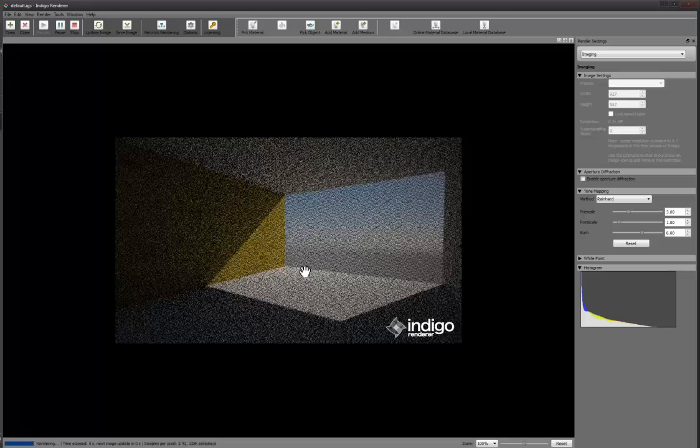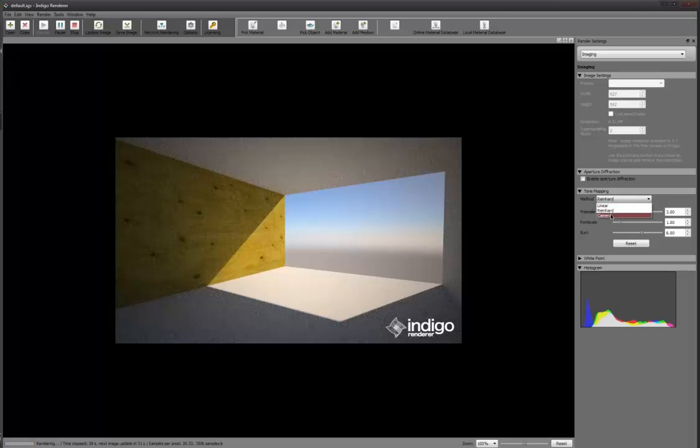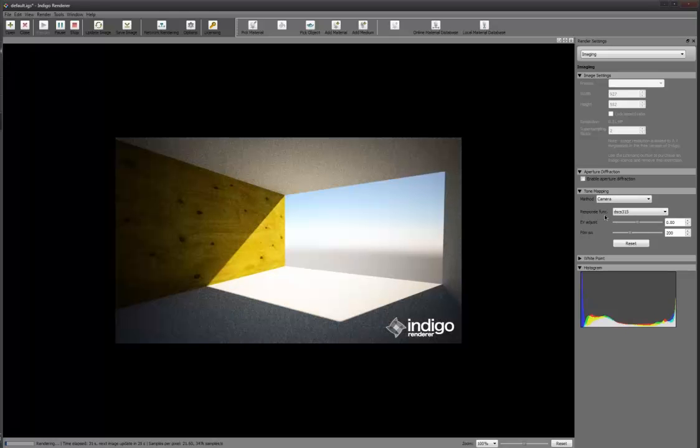And then we can see different sort of qualities happening. There'll be different kind of bounces and stuff. So the mode it's using right now is called Reinhard, and it's sort of like a default auto exposure. So what that means is if there's not enough light, it'll increase the exposure so that you can see it. So generally that's kind of okay, but what I find most useful is using the camera mode,